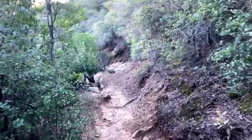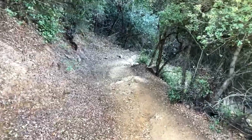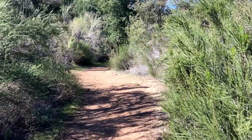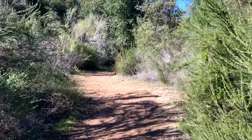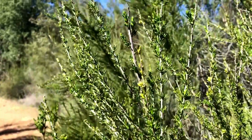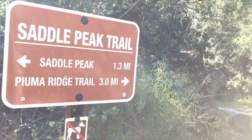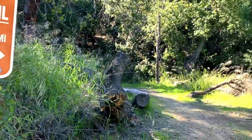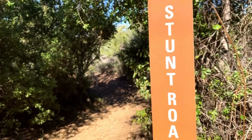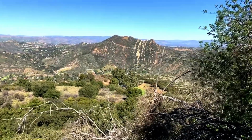Once you are through the rock garden, you descend down into some unremarkable chaparral and tackle a series of switchbacks until you meet a similar altitude on the mountain as the close by Stunt Road. This chamise seems to be the dominant feature on this area of trail. However, this is the end of this section of the hike, and we'll be tackling the next section on episode 3, but we can at least walk out to Stunt Road and take one more look at the Calabasas